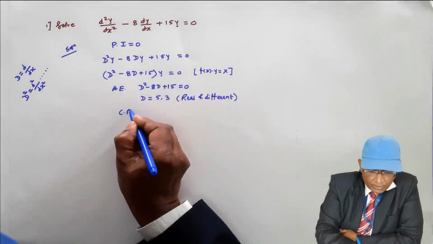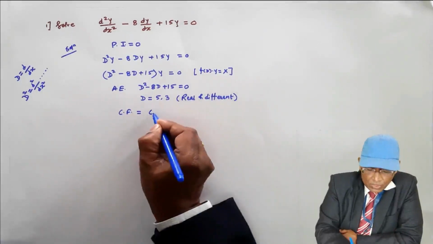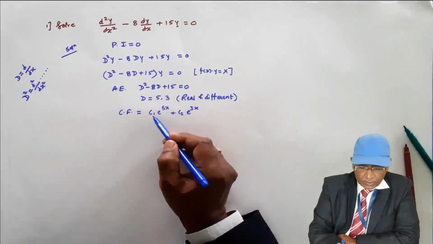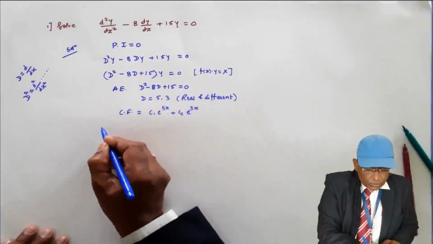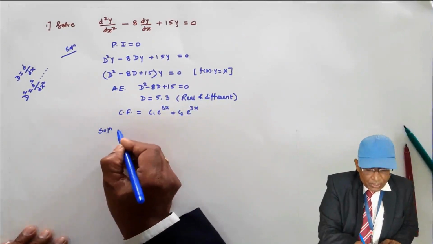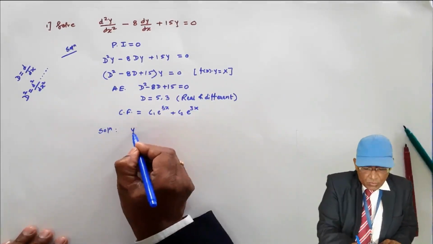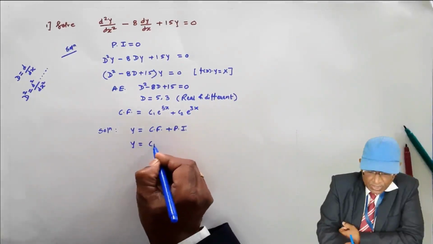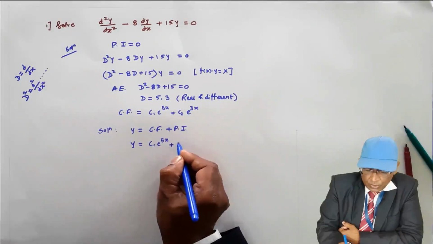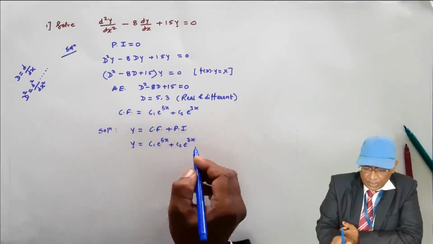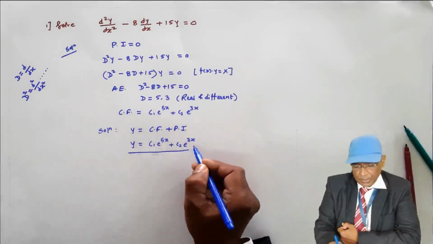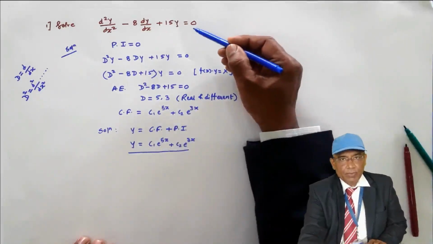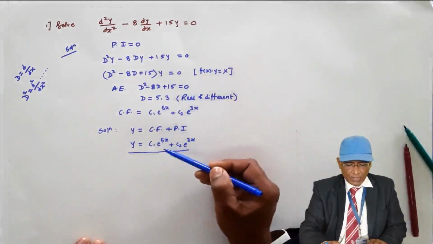Now, what is the complementary factor for real and different roots? c1 e to the power 5x plus c2 e to the power 3x. The c1 and c2 can be interchanged. So what is the solution to the given differential equation? The solution is y equal to complementary factor plus particular integral. Here the complementary factor is c1 e to the power 5x plus c2 e to the power 3x, plus particular integral is 0, so no need to write. So this is the solution of the given differential equation, meaning this equation will be satisfied by this